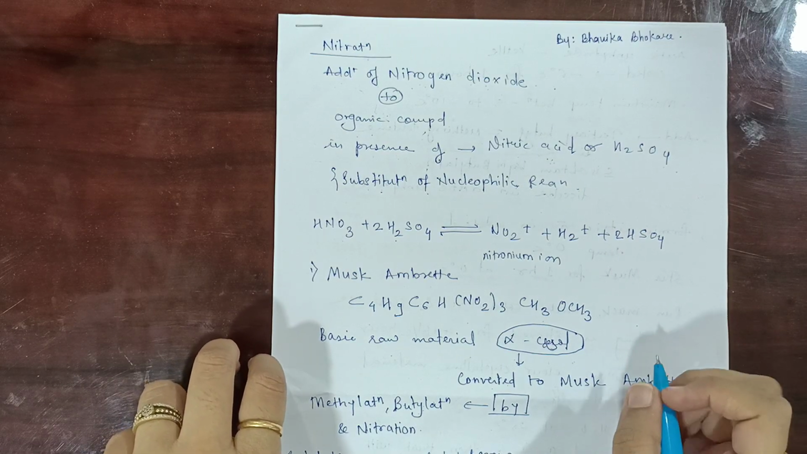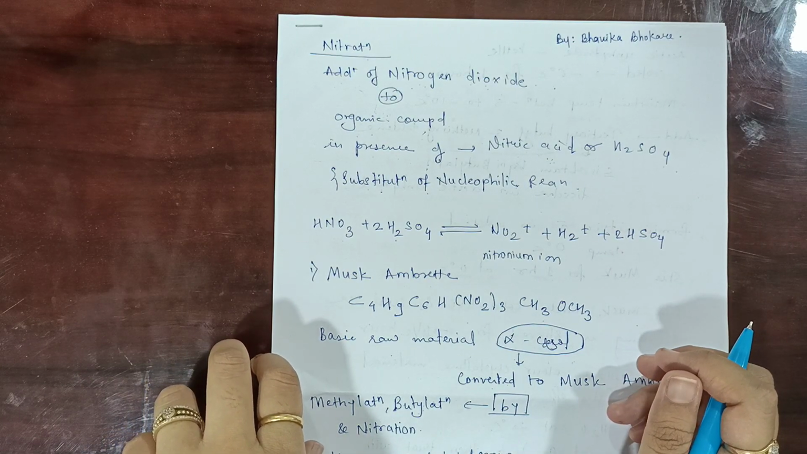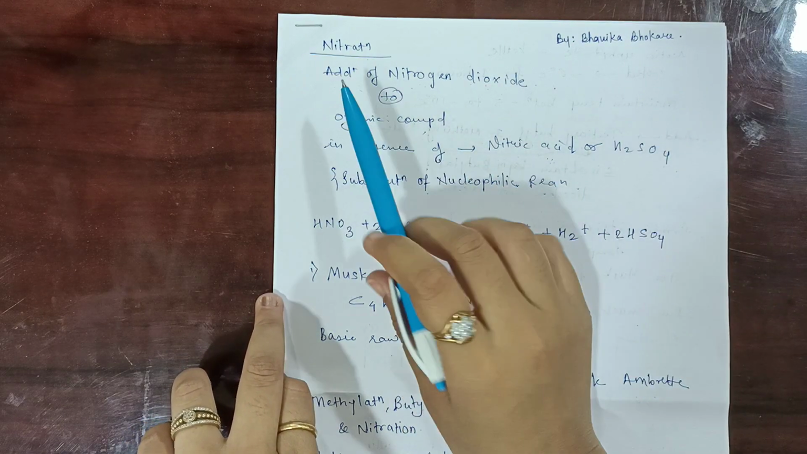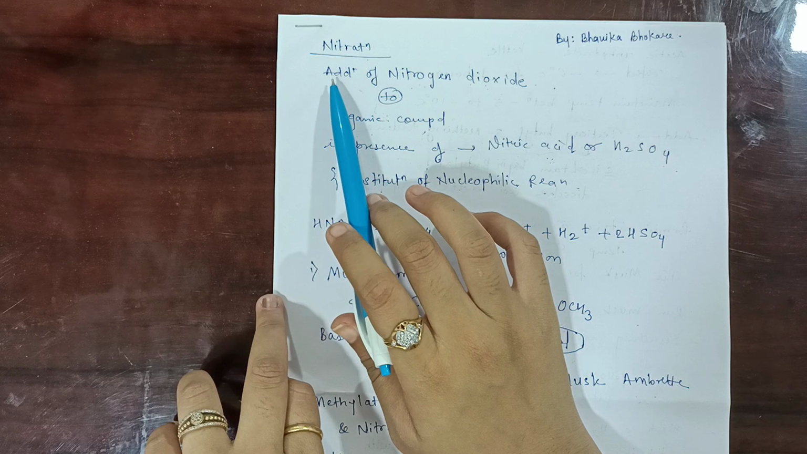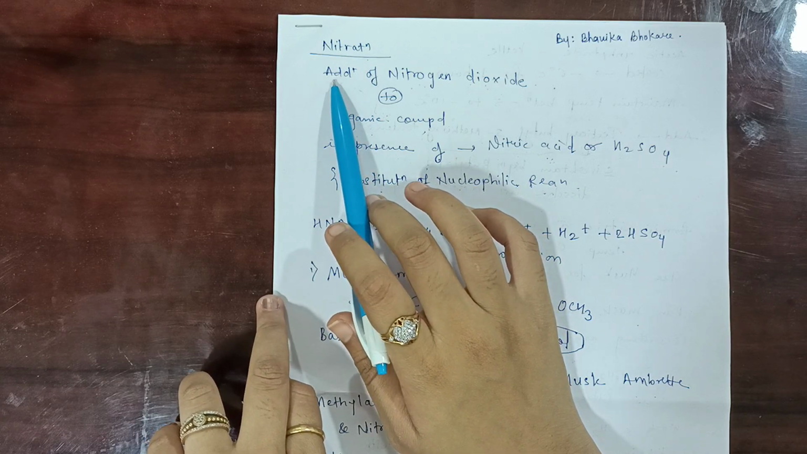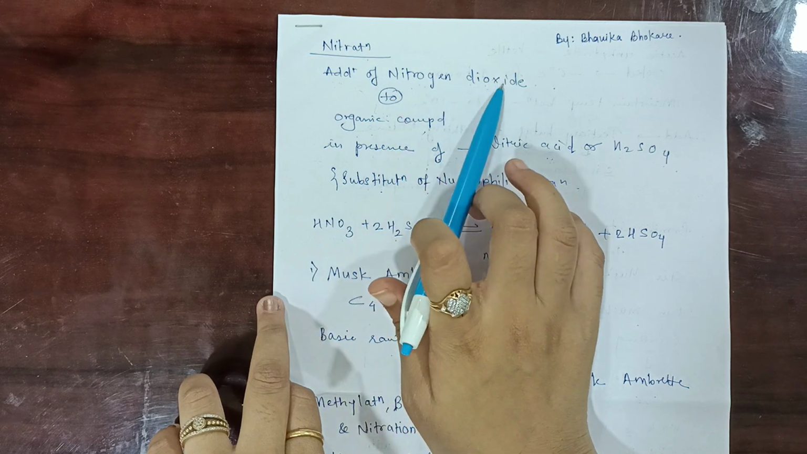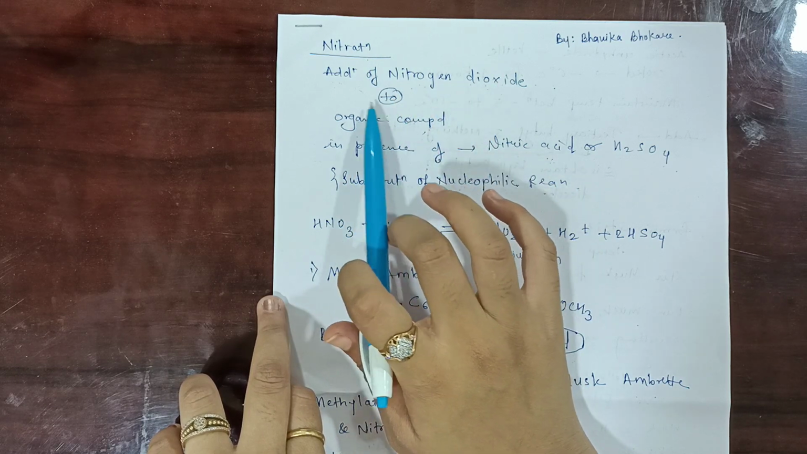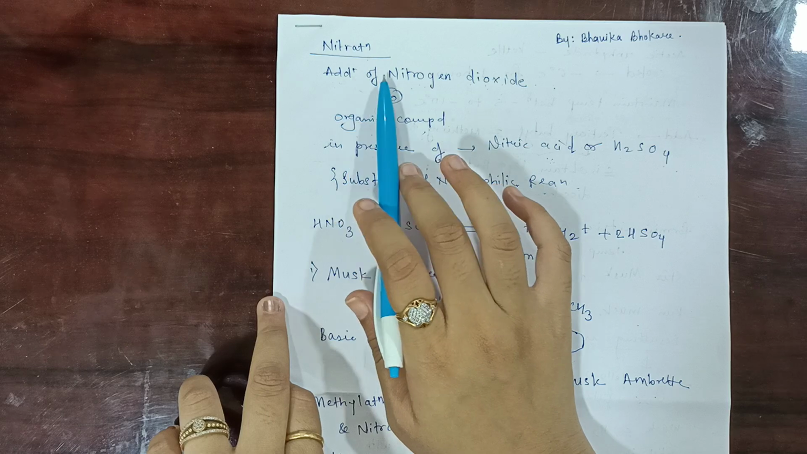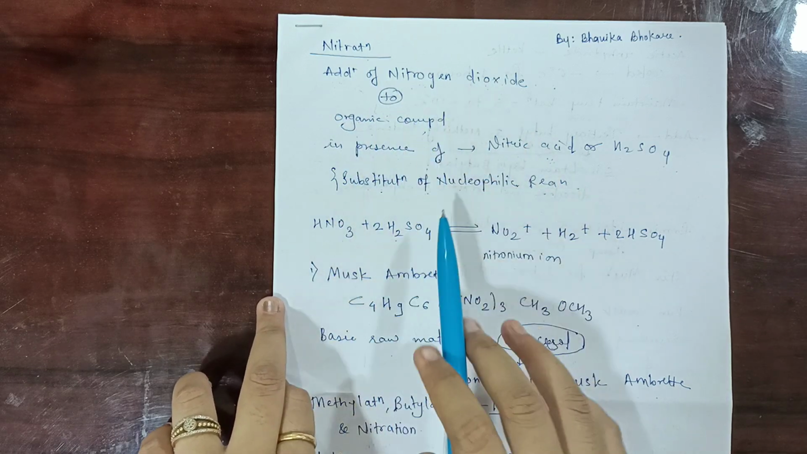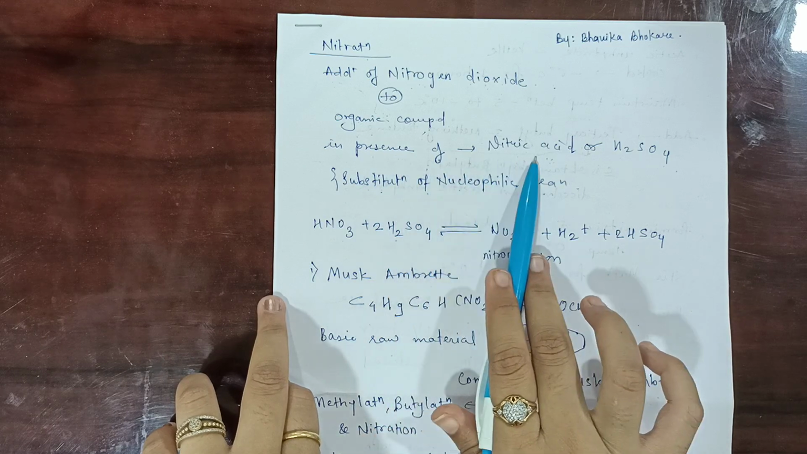Hello, today we are going to start with the nitration process in the odorous compounds. In the nitration process, what is the basics? It is the process of addition of nitrogen dioxide to the organic compound in presence of nitric acid